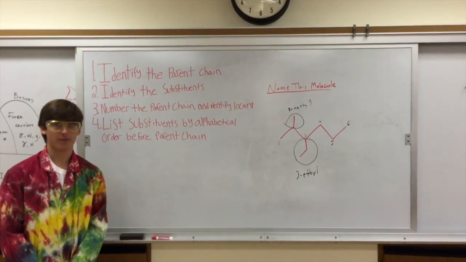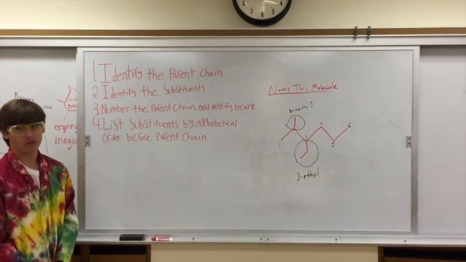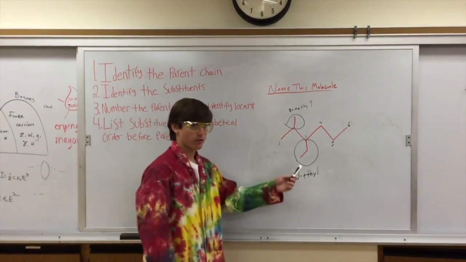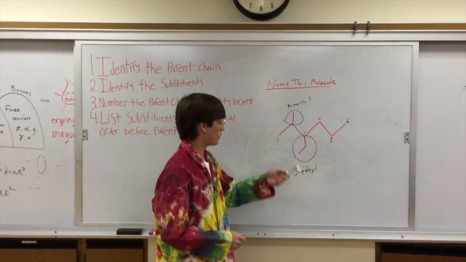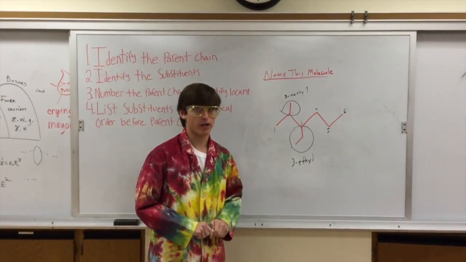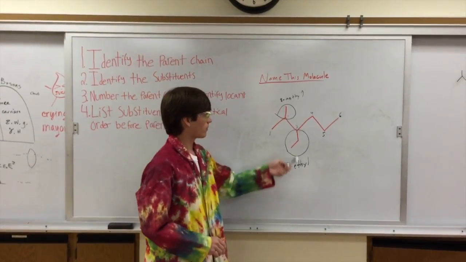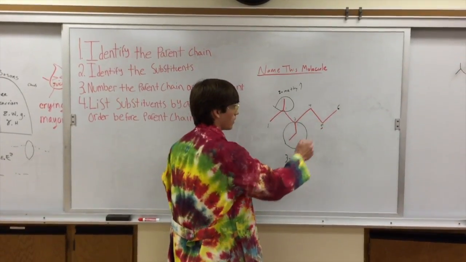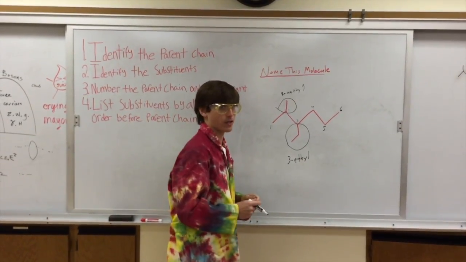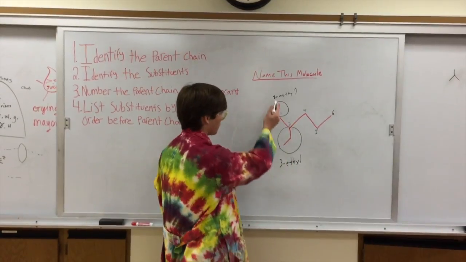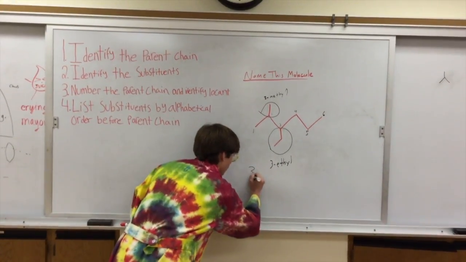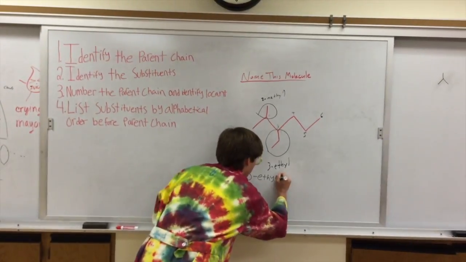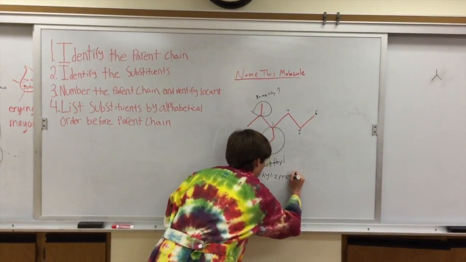The fourth step in the naming process is to list the substituents by alphabetical order before the parent chain. So this molecule, you have the methyl group and you also have the ethyl group. And so when you're writing the name of the molecule, the ethyl group comes before the methyl group. And so there's 6 carbons, so that means you use prefix hex, and ethyl comes before methyl. So it would be 3-ethyl, 2-methyl,